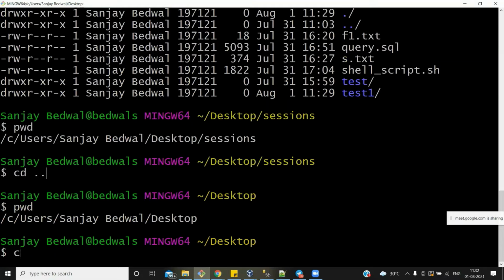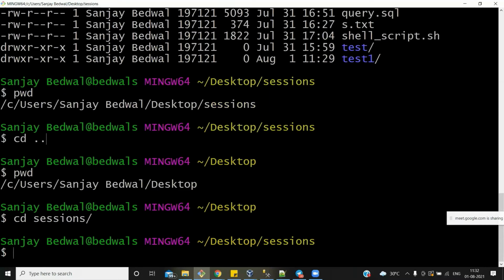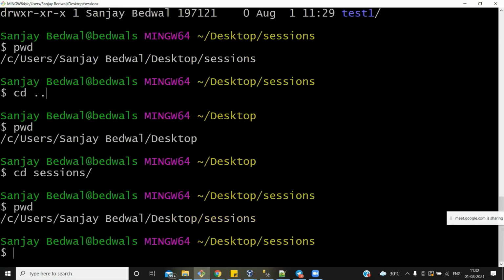Acha, in Unix we have one property. If you do not want to write a big name, you just write the initial characters and then you can press tab. Tab will autofill that information according to its intelligence. Okay, so what I have done is I have just written cd. I wanted to jump to the session folder. I have just written s, e, and then I am pressing the tab button, and it will autofill that information. Okay, so let me go back to this session directory again. Check in which directory you are.